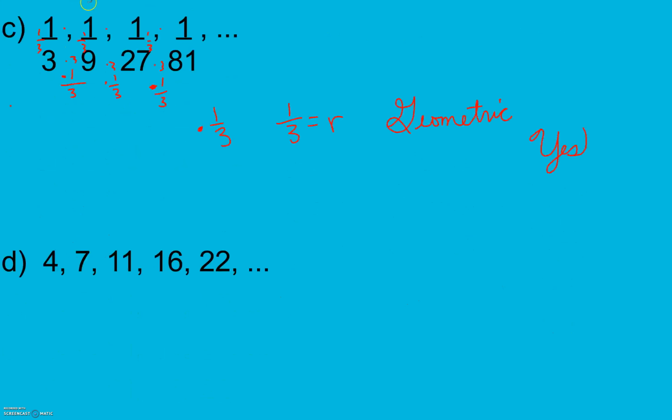In D here, I can add 3. I'm not going to multiply there. I can multiply by 7 over 4, which isn't super helpful because it's not going to work to get to 11. I can add 4. I can add 5. I can add 6. So here my pattern's not as easily definable. It's not just multiplying by the same thing or adding by the same thing. So even though there is a pattern and this is a sequence, it's not going to be an arithmetic or a geometric sequence. So this is going to be not geometric